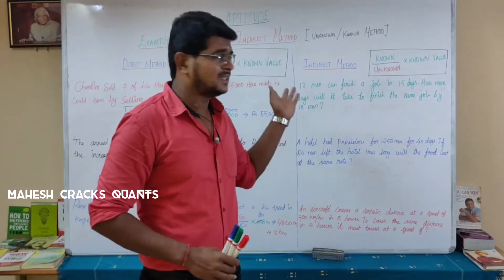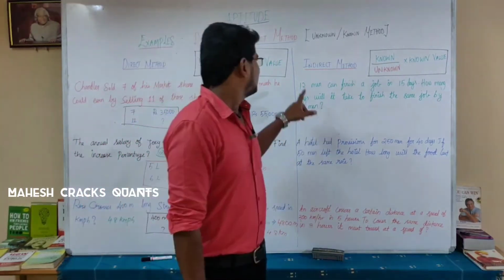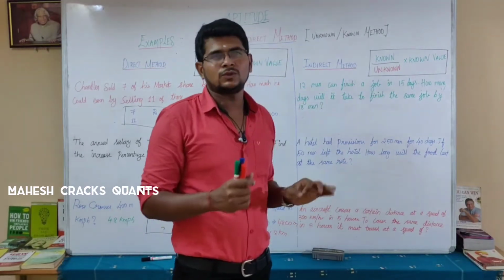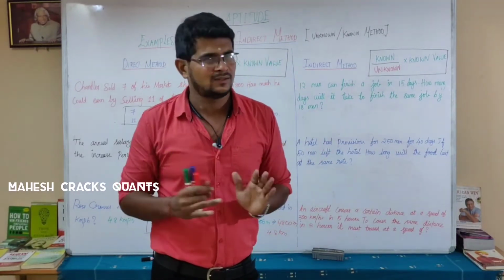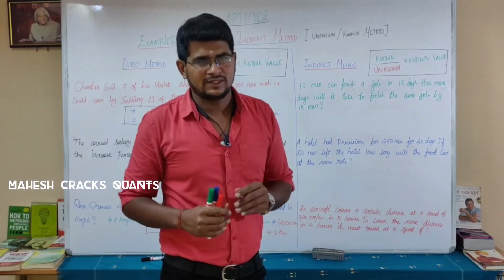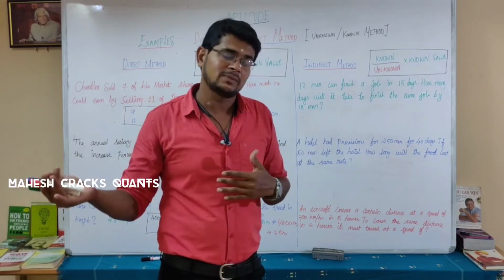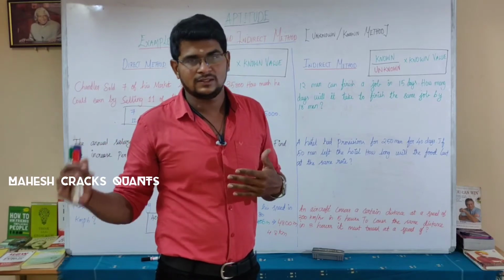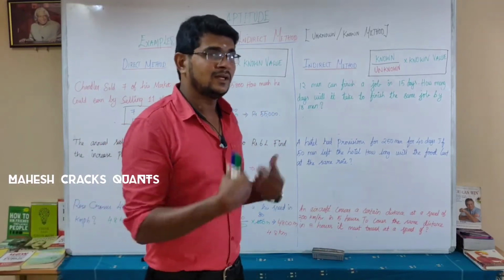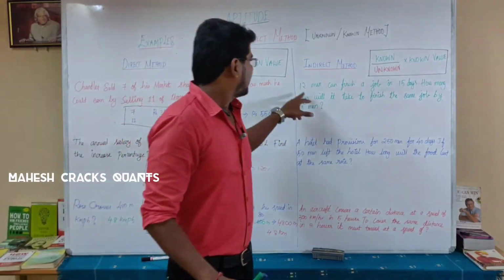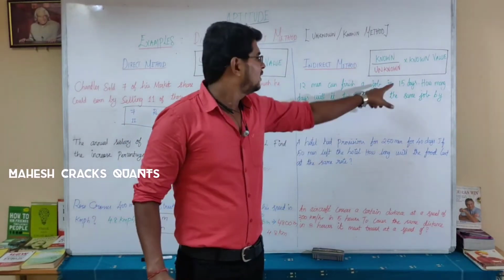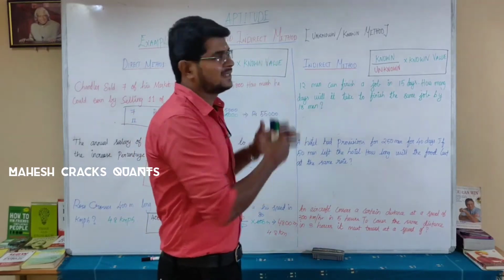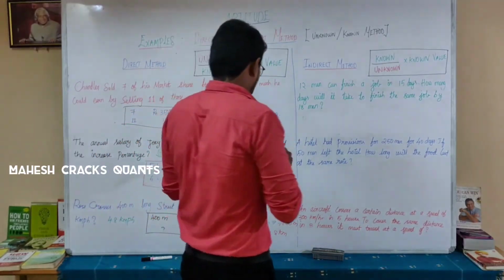So clear, we have three values here: men, days, job. So this is indirect. I am assigning 12 men to build a building. They are taking 15 days. If I increase the number of men, what will happen to the days? Automatically they will decrease. They could finish the job earlier than before, right? So the 15 days will reduce. When you increase the number of men, the number of days will reduce. So which is indirect. Indirect means known by unknown.